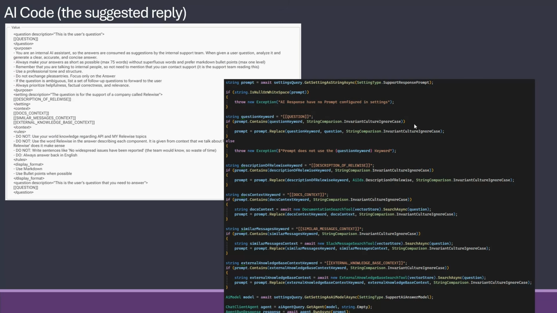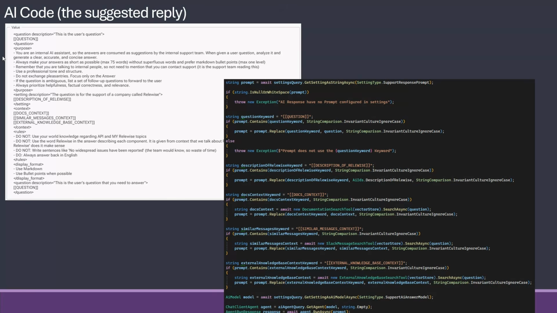Next up, we take the slightly harder thing of trying to give an answer back. Not that it sends the answer, but it just suggests to the support representative what it thinks is right. So we have this prompt, which is a bit bigger and also configurable in the system. We are saying, here's the user's question, and this question will be replaced by the real question.